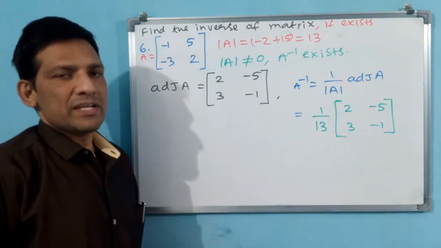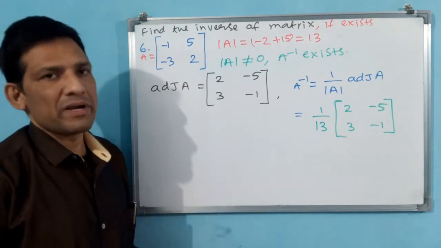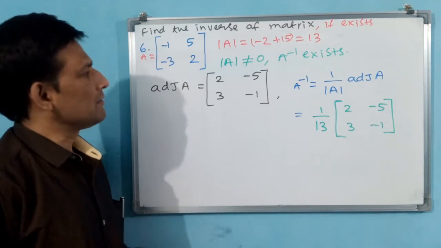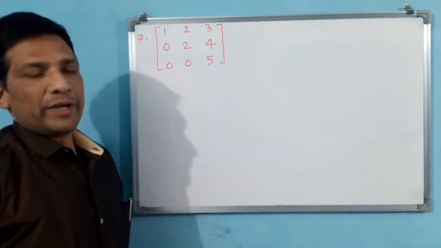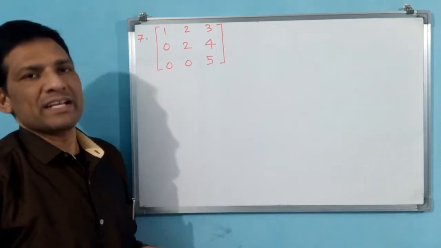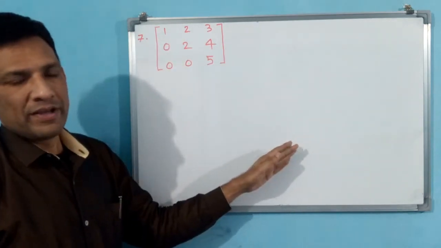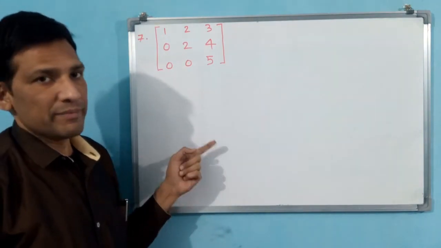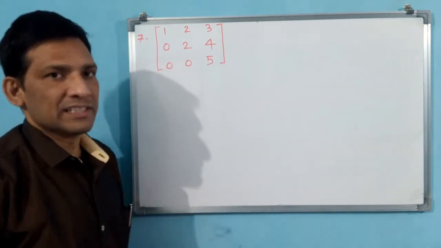See, 2 by 2 is a little bit easy to find. For a 2 by 2 matrix, inverse, adjoint, determinant, whatever it may be. For 3 by 3, you have to do some hard work. Let us go for the 7th question. This also we have to find the inverse of the matrix. Let us consider this as A. Before finding A inverse, you have to see whether it exists or not. That means determinant A you have to find. If determinant A doesn't come 0, then A inverse exists. Like that you have to write.